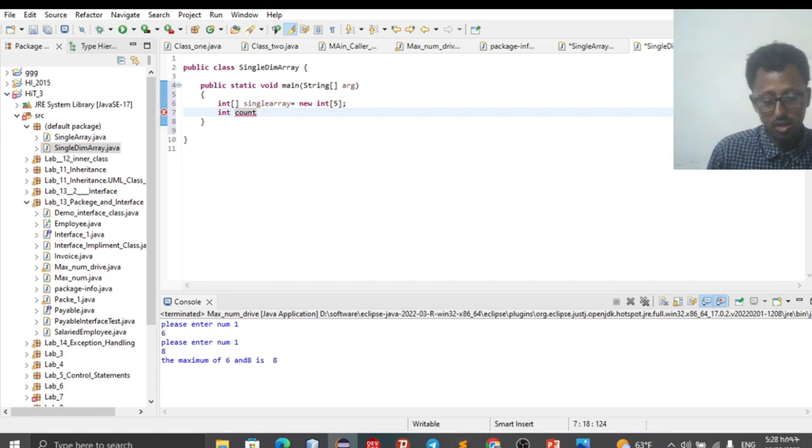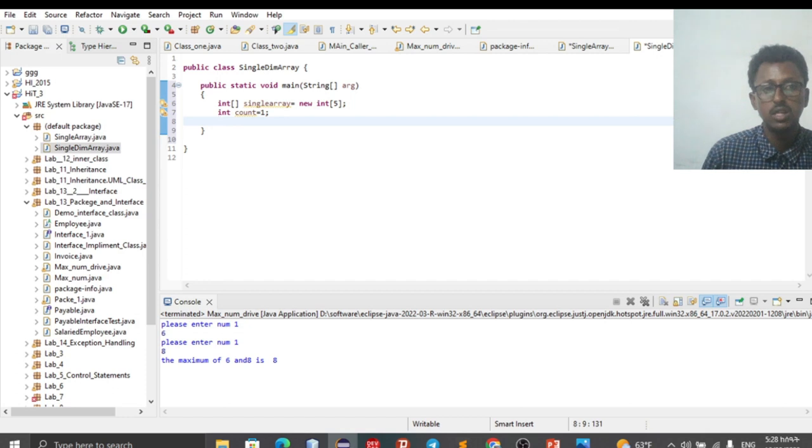Count equals initially 1, and then we should create a for loop to continuously store the element values. So using the for loop, for int i equals 0, starting from index 0,